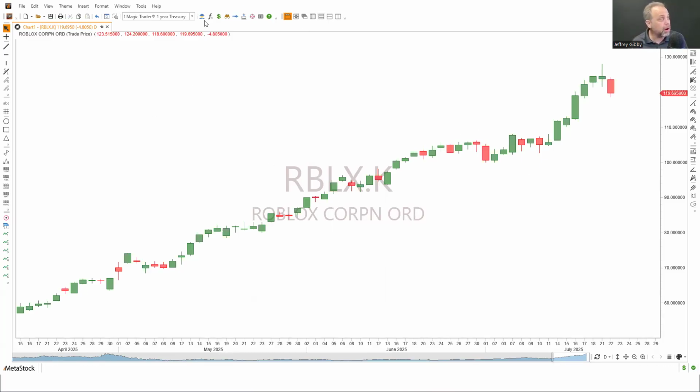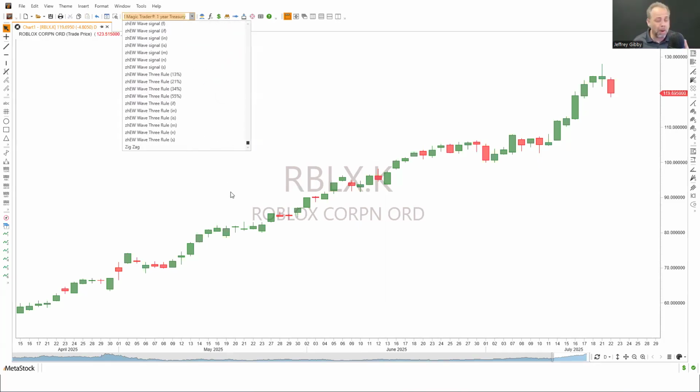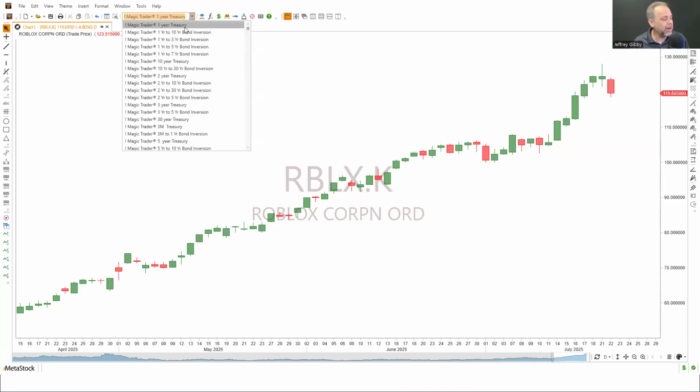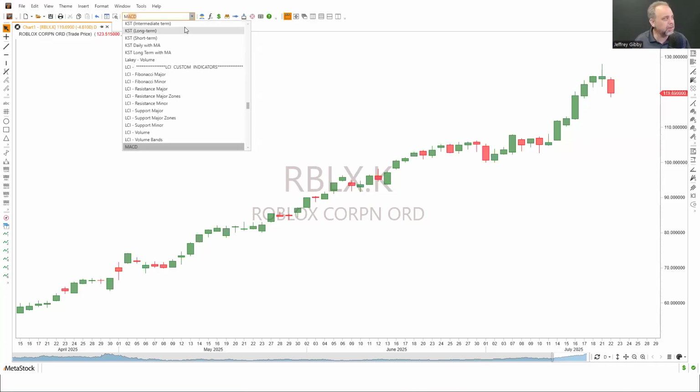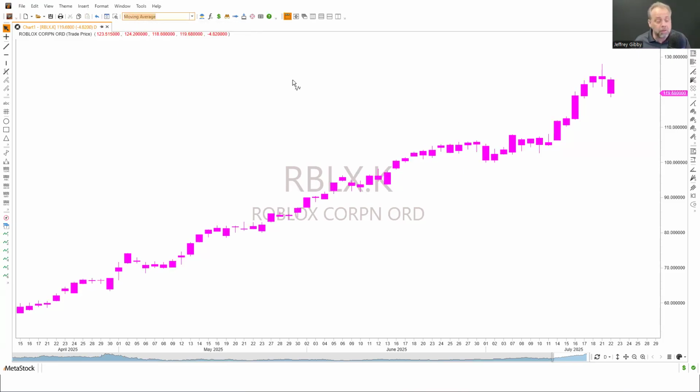So right here we've got our indicator quick list. There's several hundred indicators that are part of the software. And one of the things that we just added with the latest version is I can actually type them in here and I can find exactly the indicator I want, so I don't have to go through that huge list or modify it. I can just find what I want really, really quickly. I'm gonna go ahead and grab a moving average. I'm gonna drop it right here on the chart.